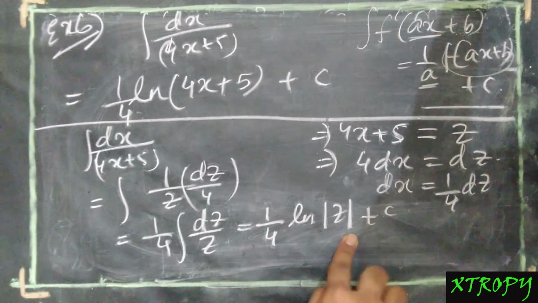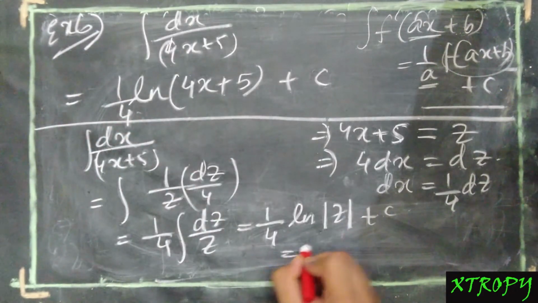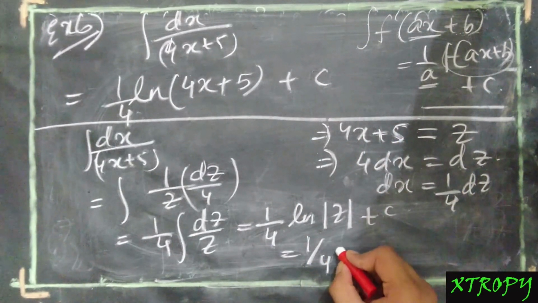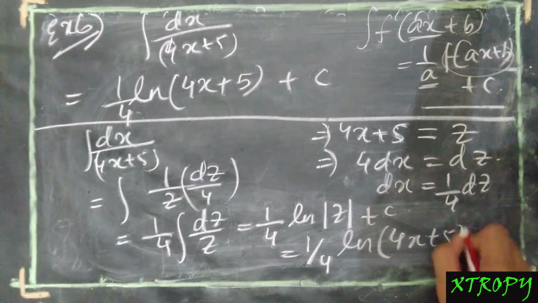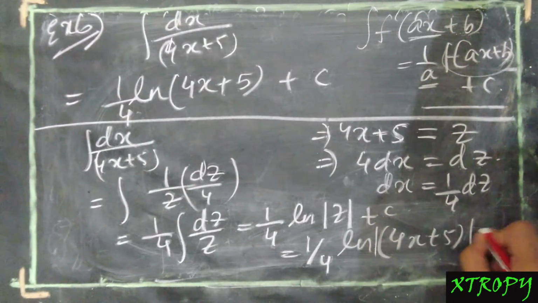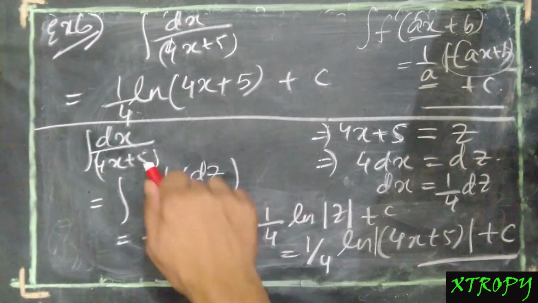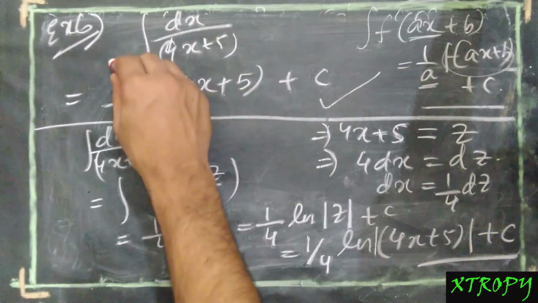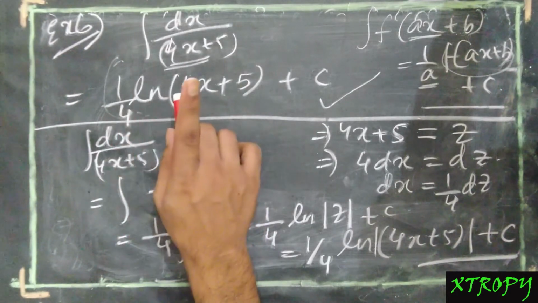And now in the final result, as we began the question with an x, we will convert z to the term we substituted earlier, that is 1 by 4 ln of (4x + 5). Actually we should put a mod to take care of the domain, plus c. So this is the in-depth analysis of this type of question, or in short you can do it directly like this, but remember to divide by the coefficient of x. This is very important, otherwise you will get a wrong answer.